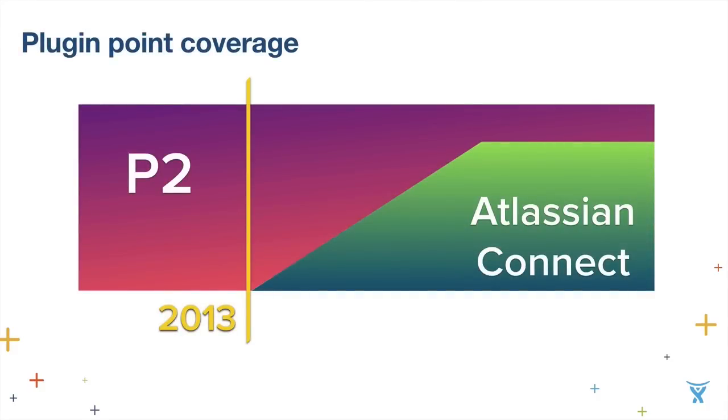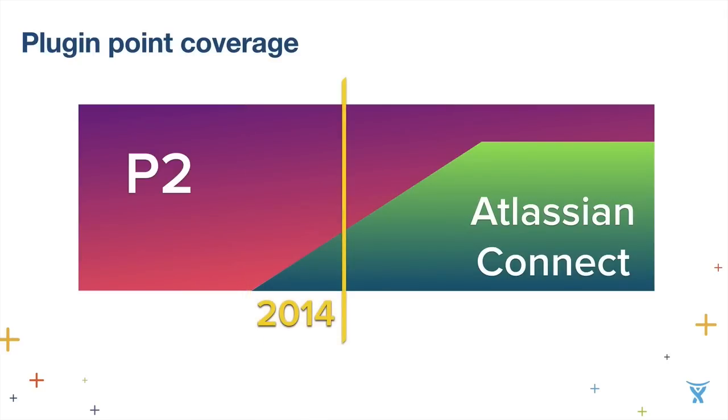More than a year ago, if you were to approach me and ask me, how can I build an add-on for JIRA, I would say you should probably go with a P2 platform. Atlassian Connect was being built at the time. The plugin point coverage wasn't complete, the platform wasn't stable at that time yet, and the P2 platform was the platform of choice. Today, when it comes to plugin point coverage, Atlassian Connect is advancing this coverage really, really fast. It's already possible to build really, really solid add-ons using Atlassian Connect in JIRA, but as you can see, the plugin point coverage isn't complete yet.